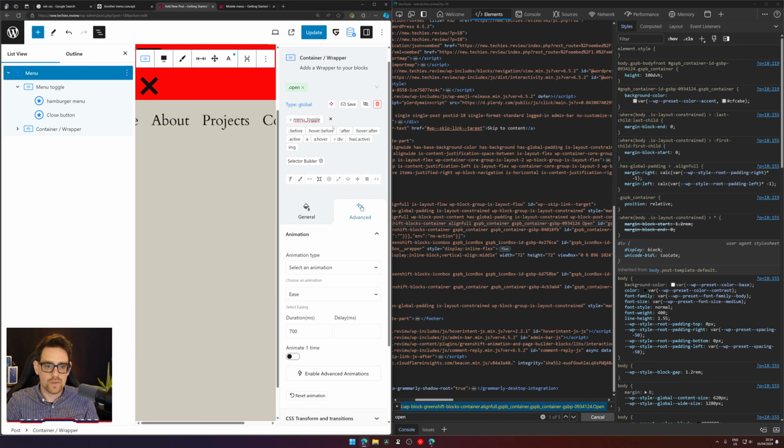So what do we want with the menu toggle? Dot toggle, we want to have the menu dash icon